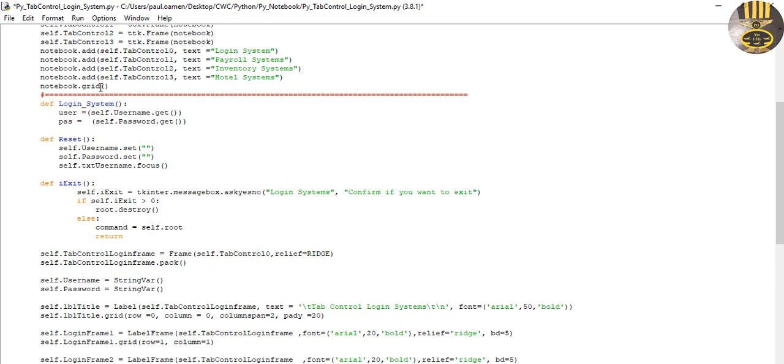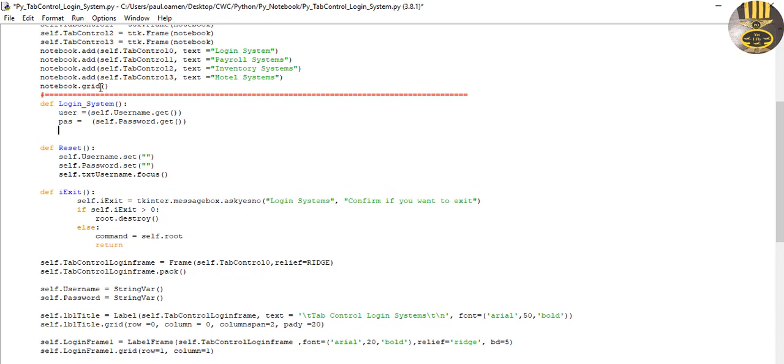Now I will then use an if statement to determine the input. So let's come right down here and we say if user equals string, and I'm just going to make up some value in there. Let's say creative. There,